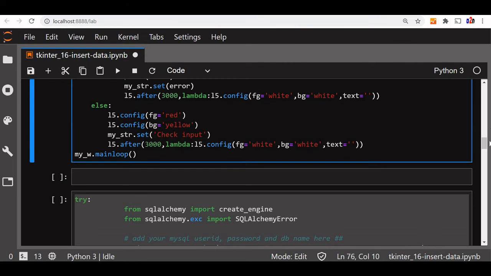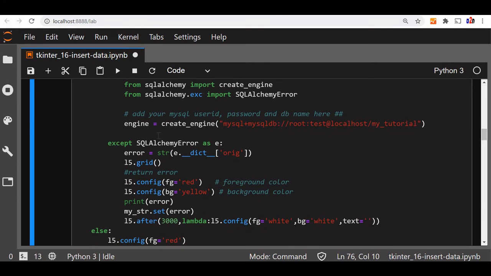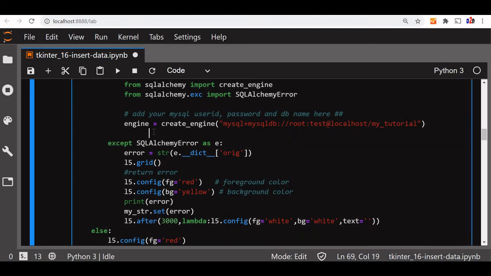Now let me just go to the portion where I will be writing my code. Yeah, this is the part where I will be writing the code for inputting. If there is any error in my input or MySQL returns me an error, that will be captured in the except part. So let me write first the query. Query is a variable here. I am just writing that one. I'll write insert into, let me make it uppercase.